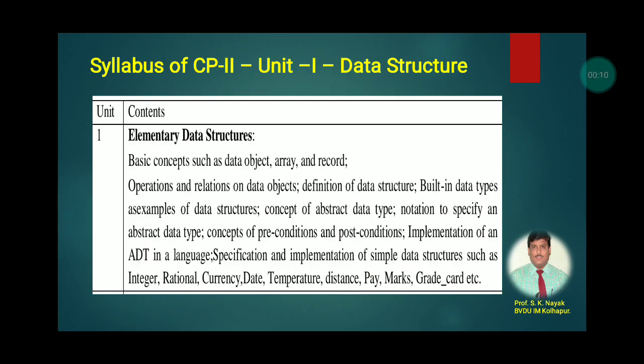The content of this particular video, that is elemental data structure, is unit 1 of C programming second.